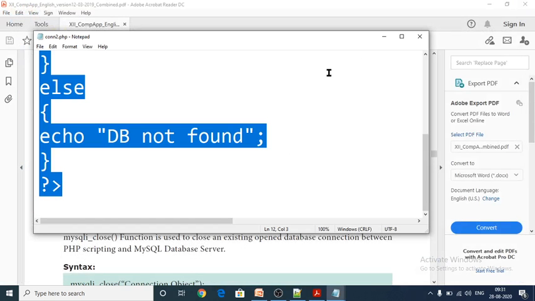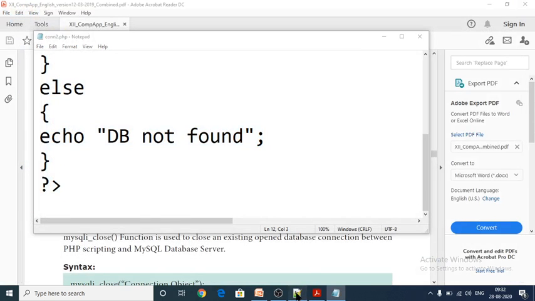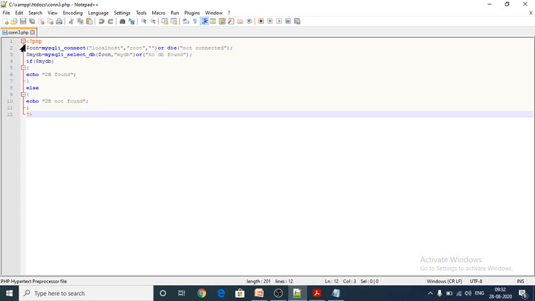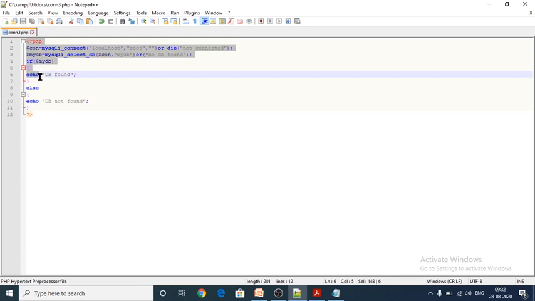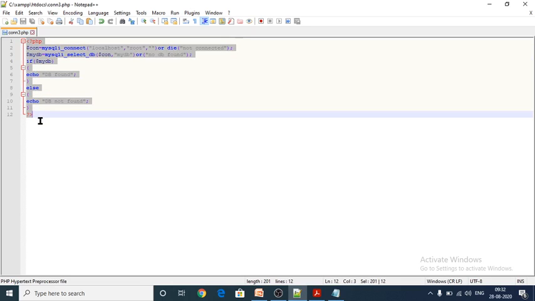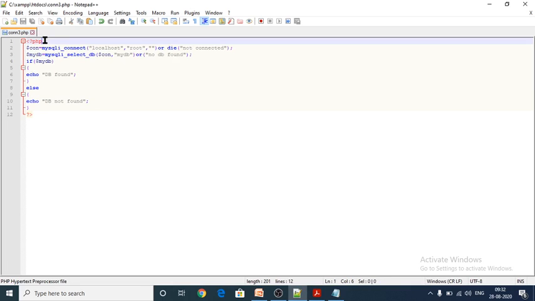Through the coding only we are going to establish the connection. This is the coding I have written here. What they have given in your book has also been used, but this is very simple. To create a connection, first of all we have to start with the PHP tag, and next one is which machine we are going to use to create a connection, those details we have to give here.